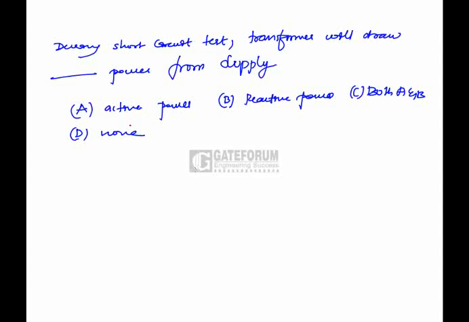Short circuit test, transformer will draw dash power from supply. Okay, options are active, reactive, both active and reactive, and none. Most of us will attempt to put answer A, because in short circuit test what we are finding is copper losses. Copper losses will be read in the wattmeter. Copper losses is nothing but I square R, or you can write it as